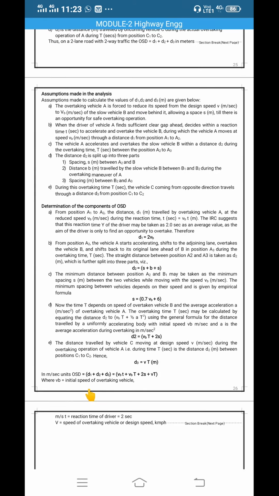Next, criteria for sight distance requirement. Stopping sight distance, SSD, for the design speed is the absolute minimum sight distance, and this should be available all along the road stretch irrespective of the category of the road. If on any road stretch SSD is not available due to reasons such as obstruction to vision, immediate steps should be taken to either remove the obstruction to the sight line or install suitable regulatory signs to specify the speed limit along with appropriate warnings. This overtaking we'll study in the next class.